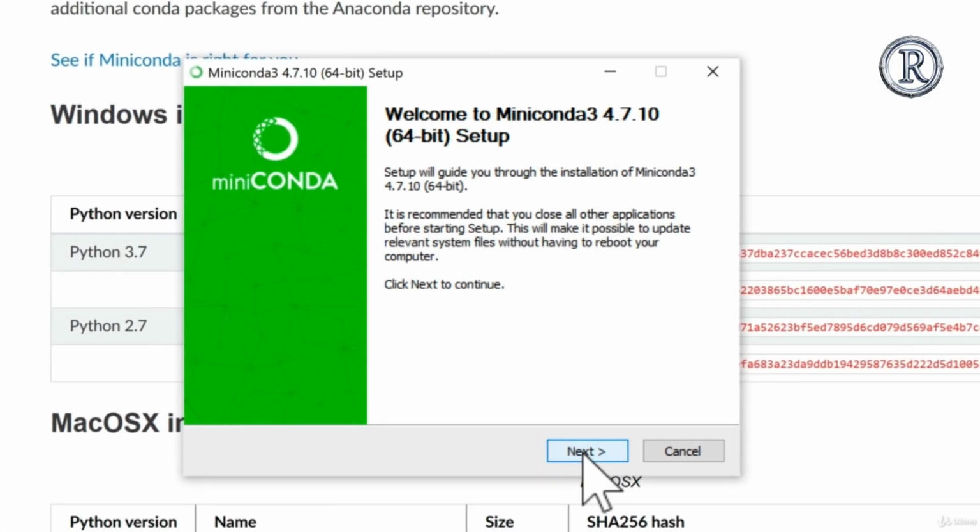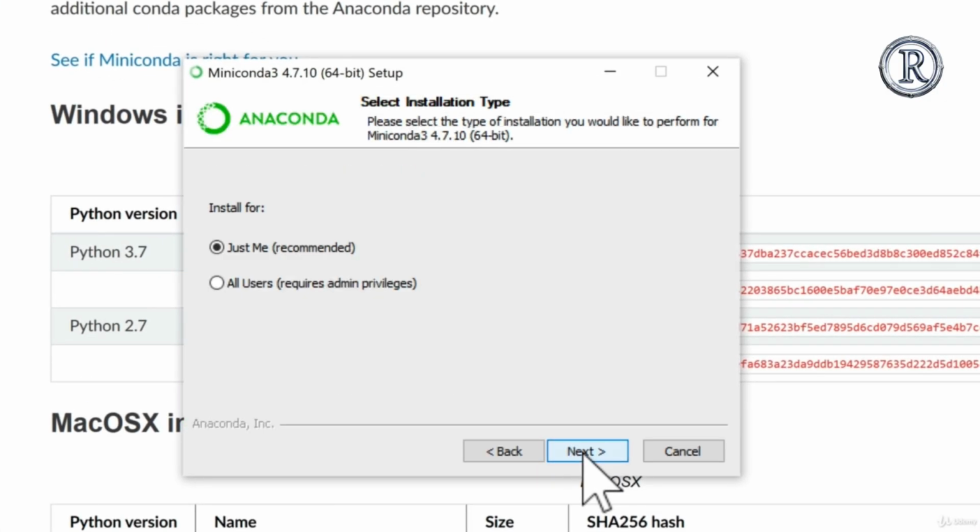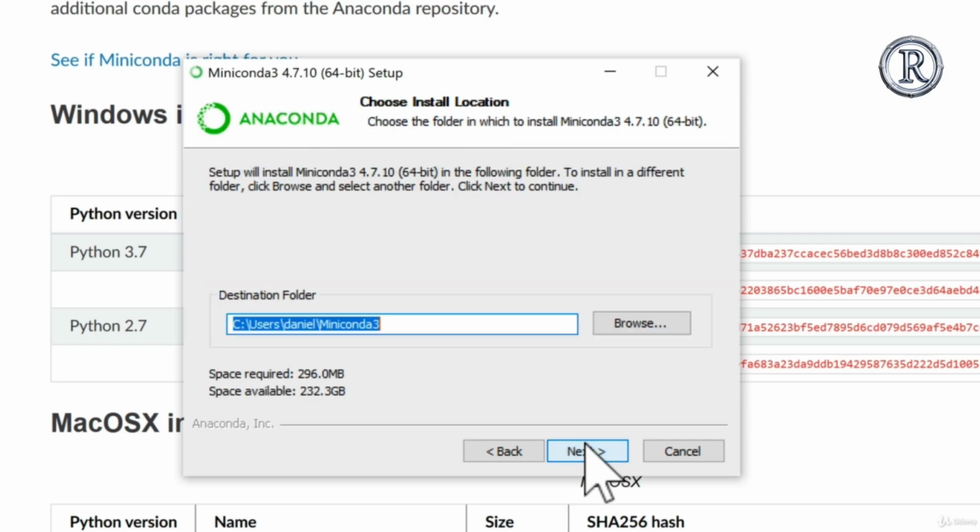Now, to go through these steps, we're just going to hit Next. I agree. I'm going to keep it on the recommended settings, which is going to install. Now, you're going to see the Anaconda logo here, but don't be confused by that. We're installing Anaconda. This is the one you want to pay attention to. We're going to click Just Me, keep it recommended. Next. Now, in my case, it's going to be in my user account, so